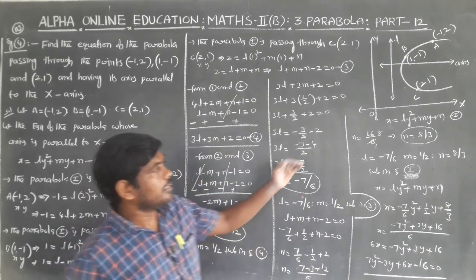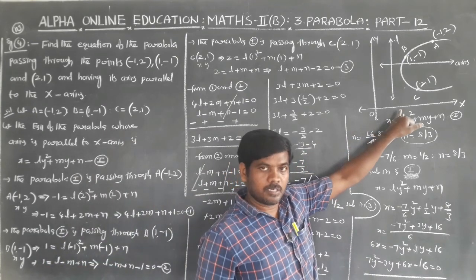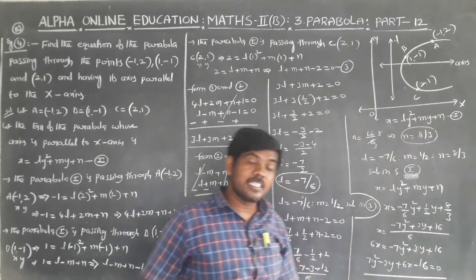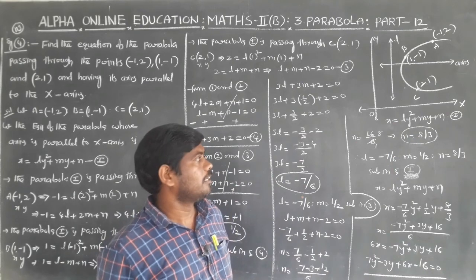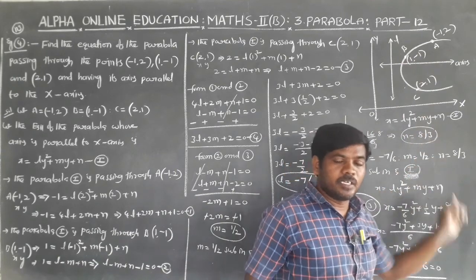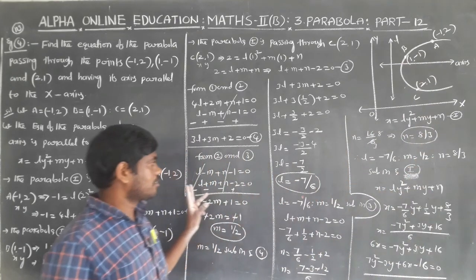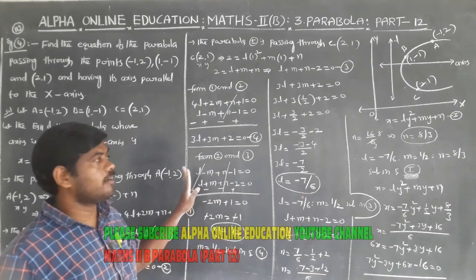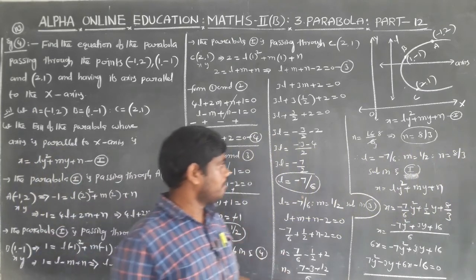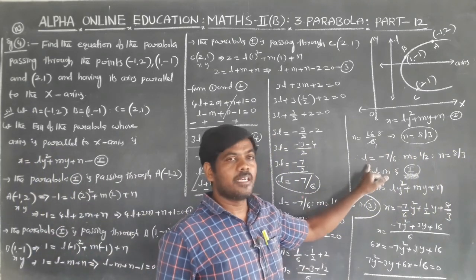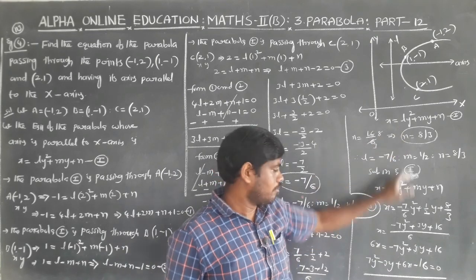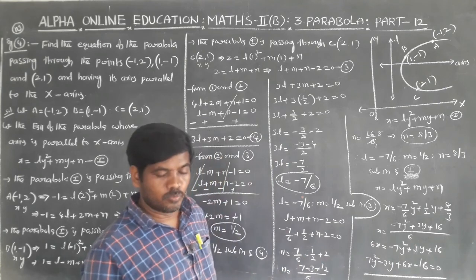First of all, let the required equation of the parabola whose axis is parallel to x-axis be x is equal to Ly square plus My plus N. Substitute the 3 points on the parabola, find the 3 equations, and solve the 3 equations for the values L, M, N. Then substitute the L, M, N values in equation number Roman number 1. This is the process, the most important problem.